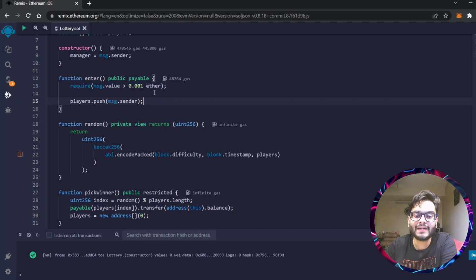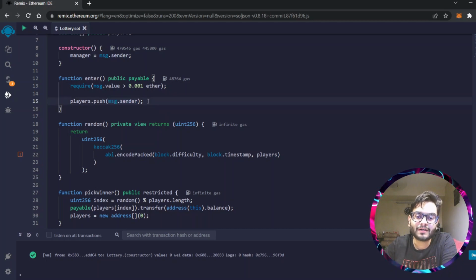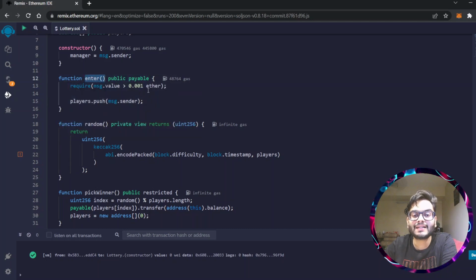We would simply add the sender's address to our array that we just created above. So we would simply write here players.push(message.sender). Now you don't need to confuse this message.sender with this message.sender. So this will always change. The message.sender is the current caller. So the one who just pressed the enter button is going to be the message.sender for this